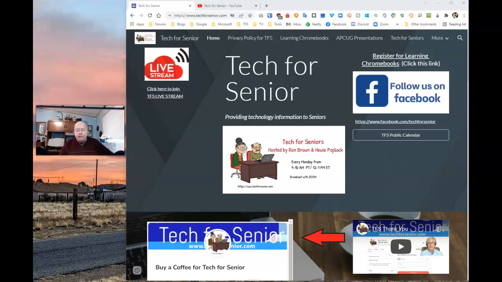Getting back to something you found on the internet has gotten very, very easy. All you need is to drag and drop. I know that in another hour and a half, it'll be time for Tech for Seniors Live. But it's a pain to have to go to the website and then find the link. I'm already on the Tech for Senior website, and right here is that link I need to join Tech for